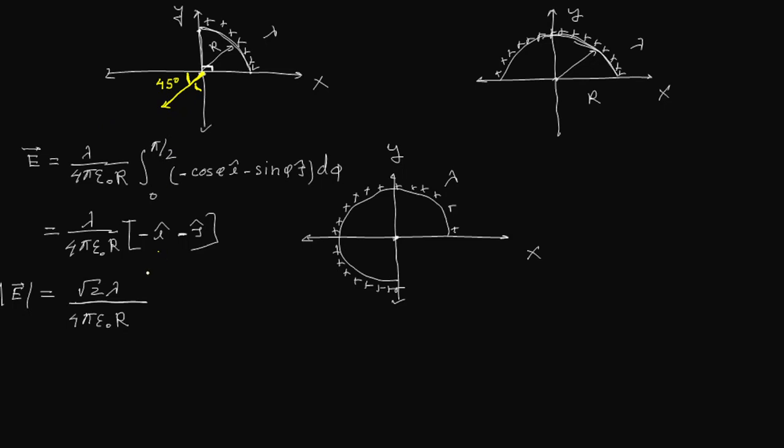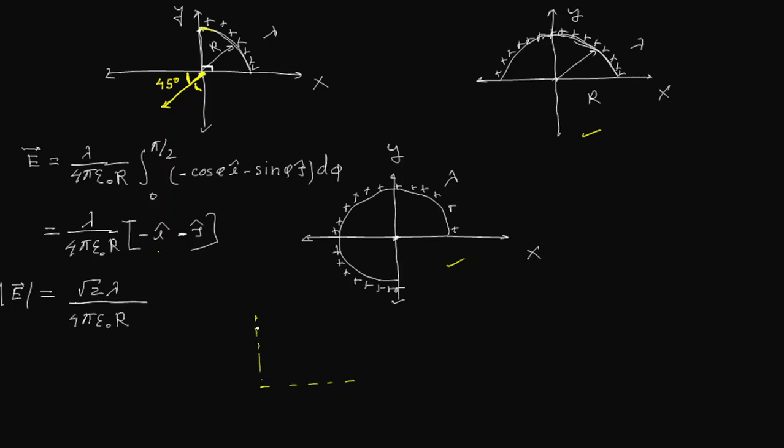So I recommend you just try to remember this result, because later we are going to solve other problems. If you remember this result, then it will be easy to solve other problems also. Using this concept, we can solve other 3 problems, like we can solve this one, and this one also. So what we have to remember: let's say we have a circular loop,